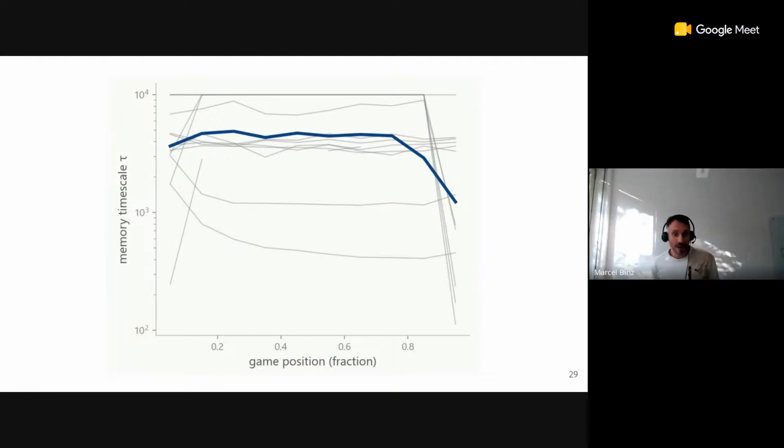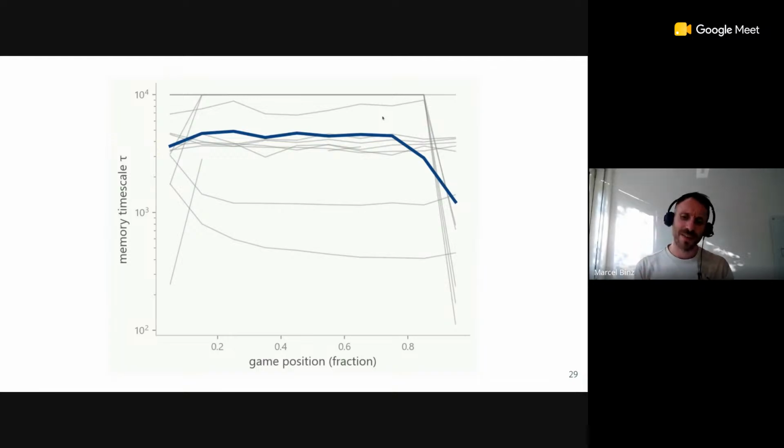So we also look at how the parameters that I've just shown you evolve over time. For this, I took many experiments which correspond to multiple subgames. Then I plot on the x-axis the relative position in the subgame as a fraction of the total game, and on the y-axis, the corresponding parameter. This could be, for example, an experiment where people play multiple 2-arm bandit tasks in a row. What we see at the boundaries between these games is that the memory timescale goes down, in many cases quite drastically. And I think that makes a lot of sense